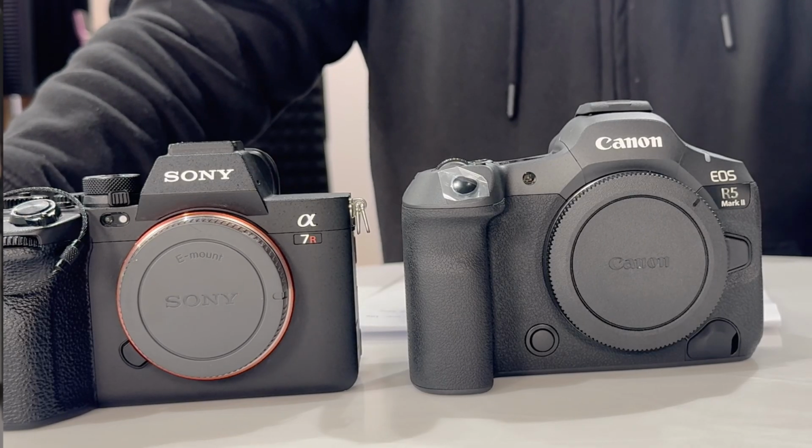So again, first, before we dive into the 15 reasons why we will choose the Canon R5 Mark II over the a7R Mark V, let's first check the a7R Mark V. Why is it better to buy rather than the Canon R5 Mark II? So first, we have the Sony